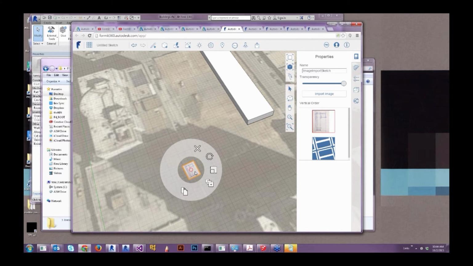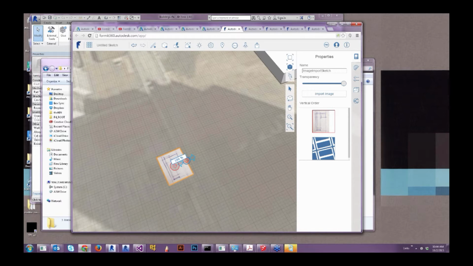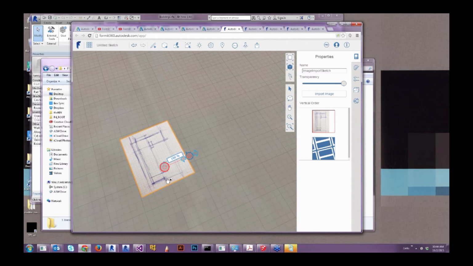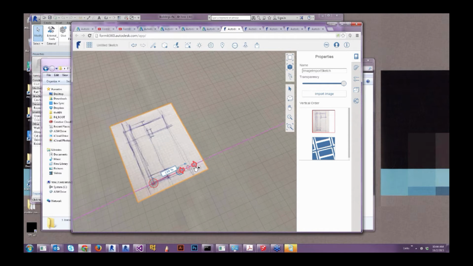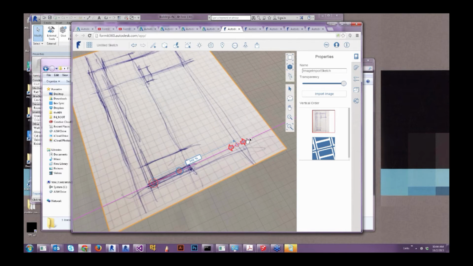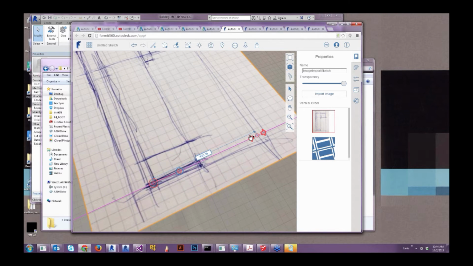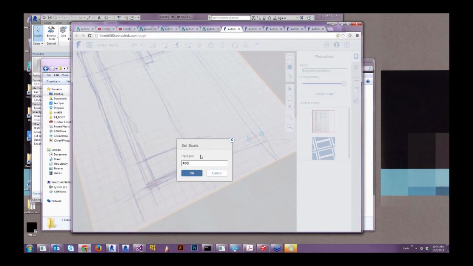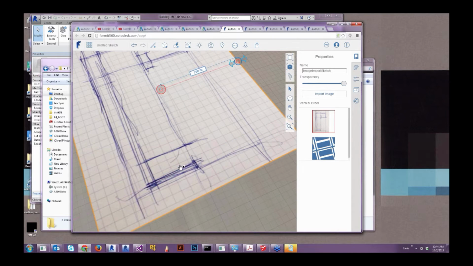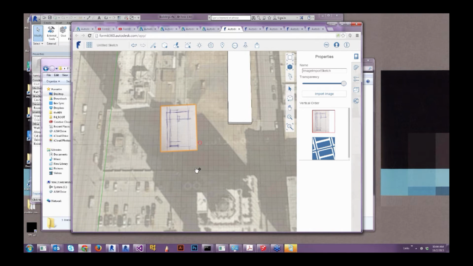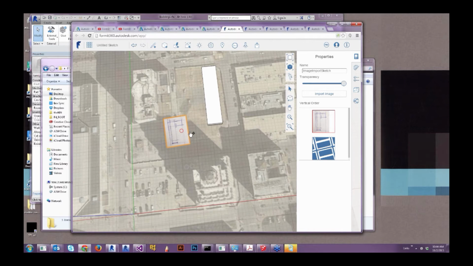So you right-click after you've selected the object, and we have this scale icon. It's the same icon as in Revit. And as you zoom into this thing, you can grab these grips, so you can set an anchor point, and then you can scale from that anchor point up a certain percentage. So if you click to place, then hit that dimension and set it for 400%, something like that, and you've got your sketch imported. And this has the same properties as the satellite image does, so you can change its transparency so it's not quite as dark, that sort of thing.